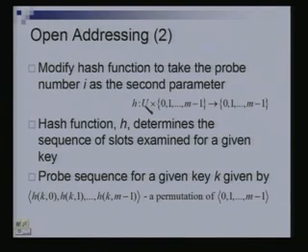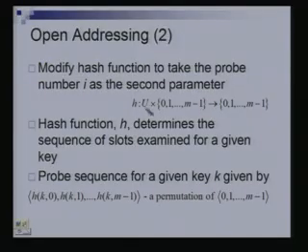Now, we are going to have a second parameter which specifies which probe this is. When I am trying to insert a key, that will be my first probe. I will compute the value of this hash function for that key k comma, let us say 0th probe. So, k comma 0, this is the value of the hash function I obtain.